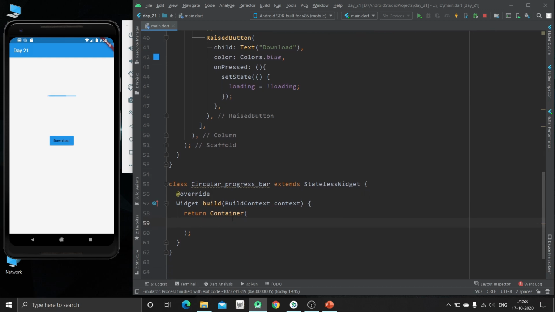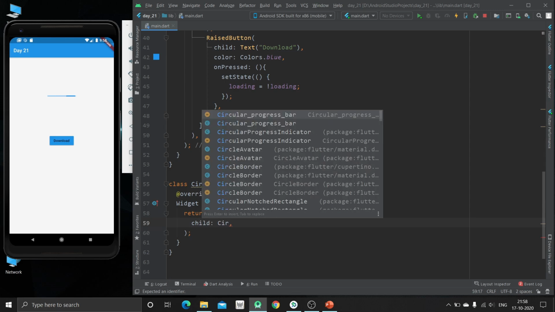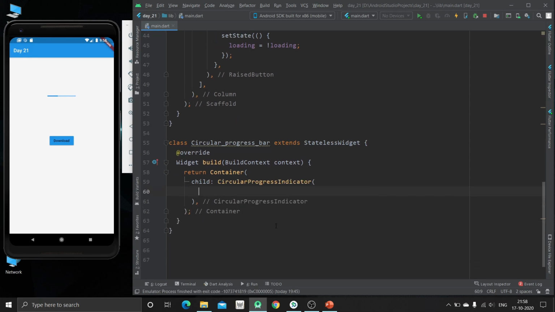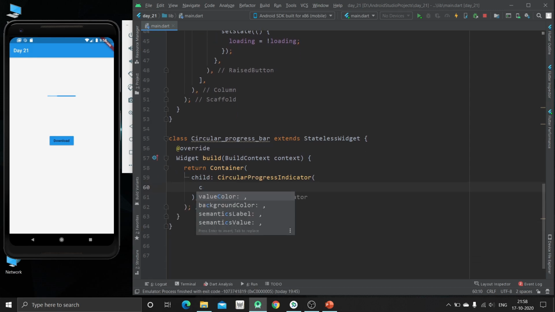Inside this container we are going to specify one child, that will be CircularProgressIndicator, and inside this we can specify the color, and also we can specify the stroke width.